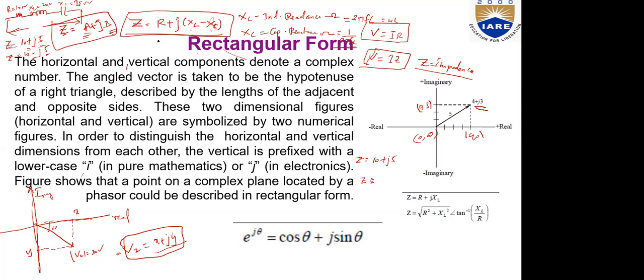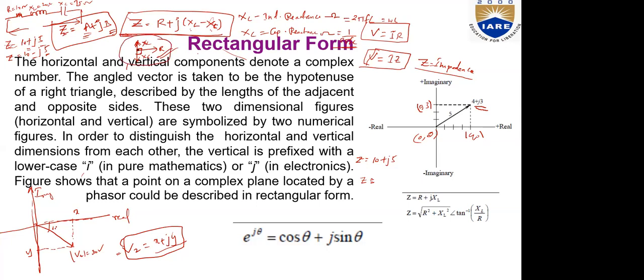How did we write this equation? We wrote the same equation here. This is R, this is XL, this is XC, right? Yes, sir. We'll come back to this when we write the equations for a pure inductor and pure capacitor. That comes under different categories, sir, not polar, not rectangular. This is the representation of rectangular form. That's what I said, right? This is all representation of vectors, right?